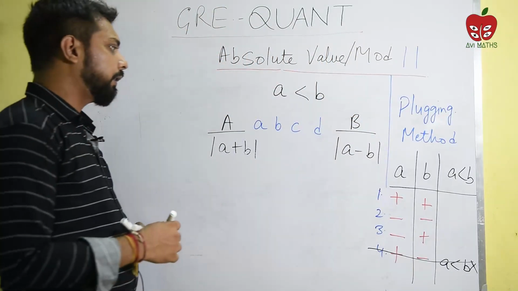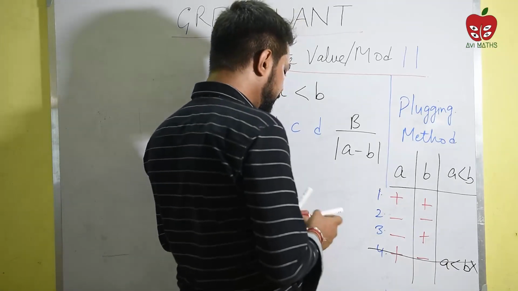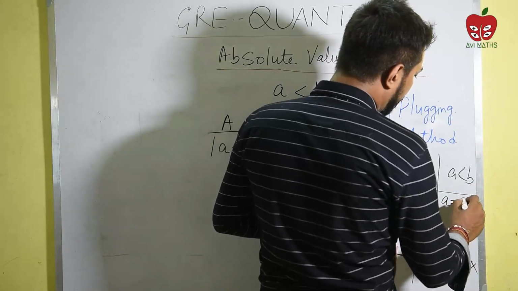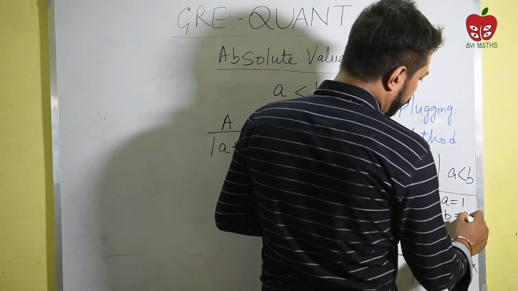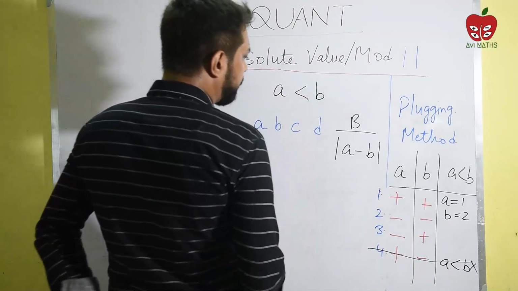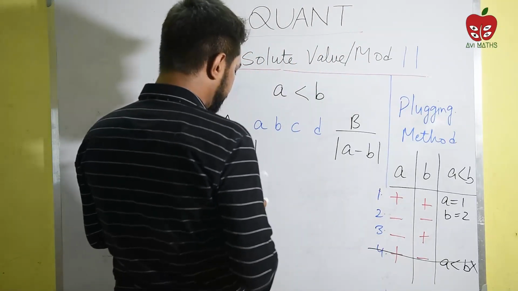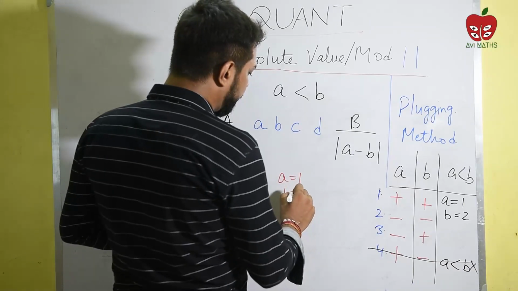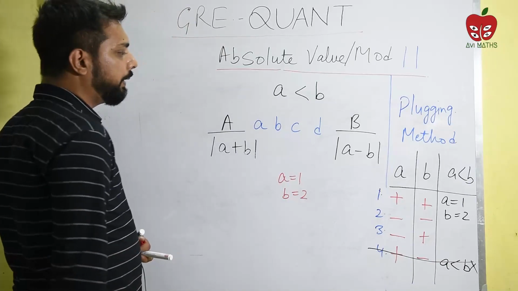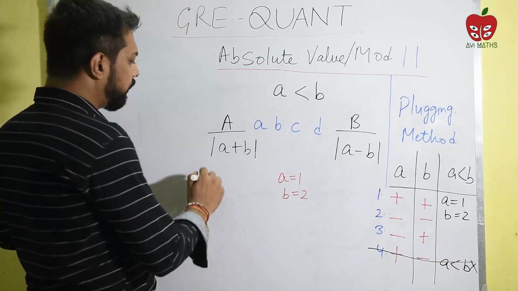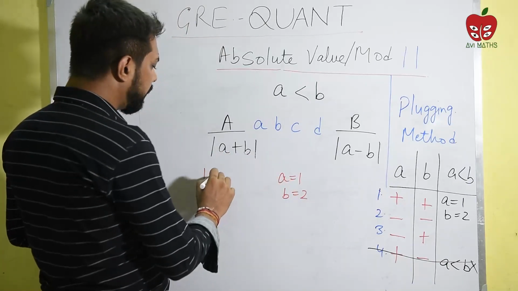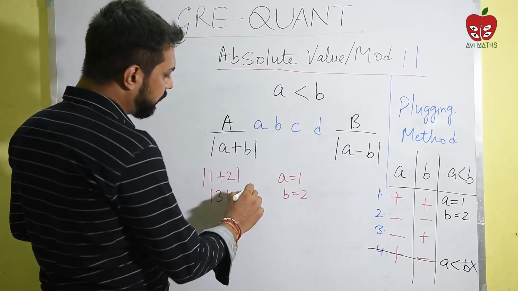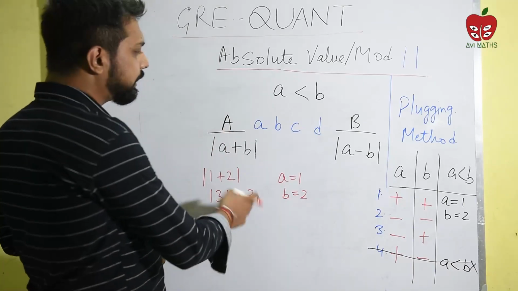Right? Okay. Now guys, let's quickly take some values. What is the first case saying? Both are positive. So let me take A is equal to 1 and B is equal to 2. I can take it. Now put the values here quickly. I'm considering A is 1 and B is 2. The left hand side will be what? Mod A plus B. A is 1 and B is 2. So mod 1 plus 2 is how much? Mod 3, and mod 3 value is coming 3. So that means left hand side is coming 3.